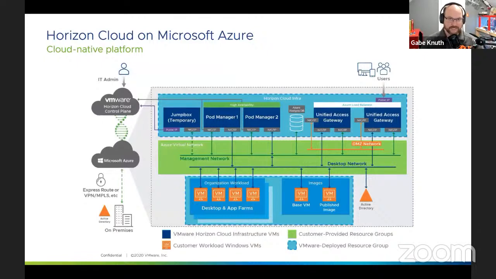All of these components are still necessary in a virtual desktop environment. The main difference here with Horizon Cloud on Azure is that the Horizon infrastructure components are deployed by VMware and managed by VMware in your Azure tenant. And so when you first deploy Horizon Cloud on Microsoft Azure, we collect your Azure information and we create the different resource groups. We build the different virtual machines that make up the pod manager and the unified access gateways